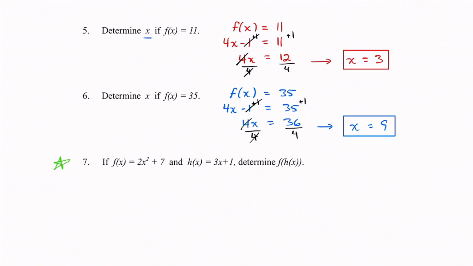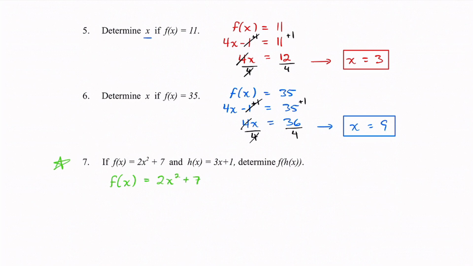And then this notation here is like what we did up top, but it's a little bit more confusing. What it is, we have the function f, and it's being evaluated at h of x. So we are going to put inside f of x, inside of that is h of x. So I'm going to start with f of x. So f of x was this right here, 2x squared